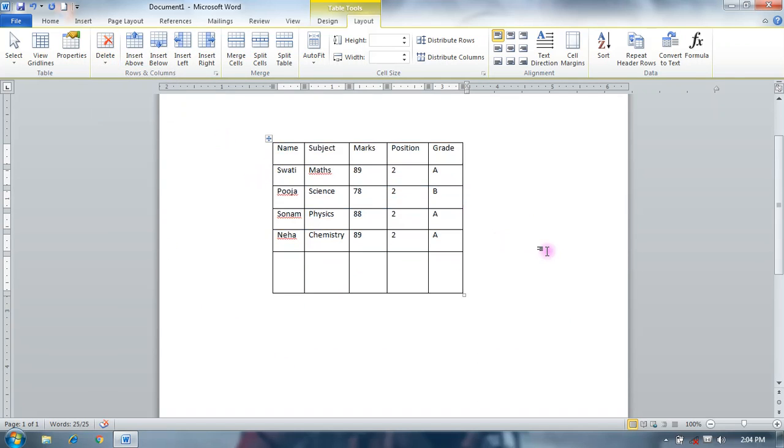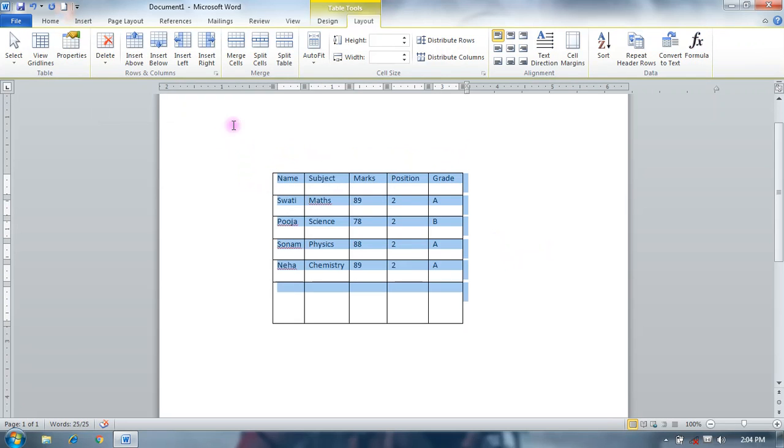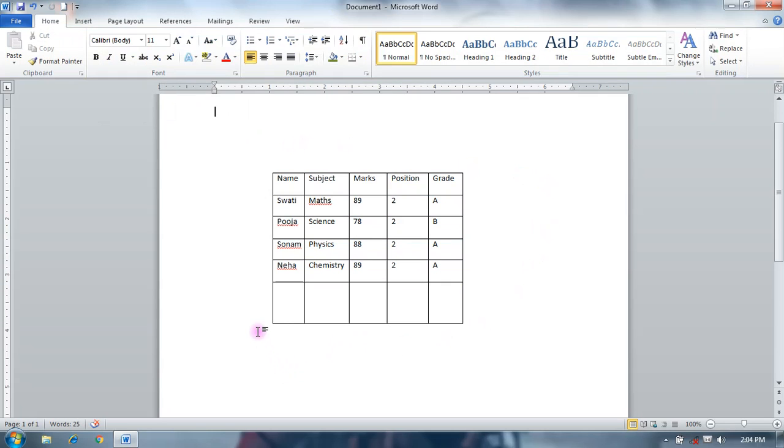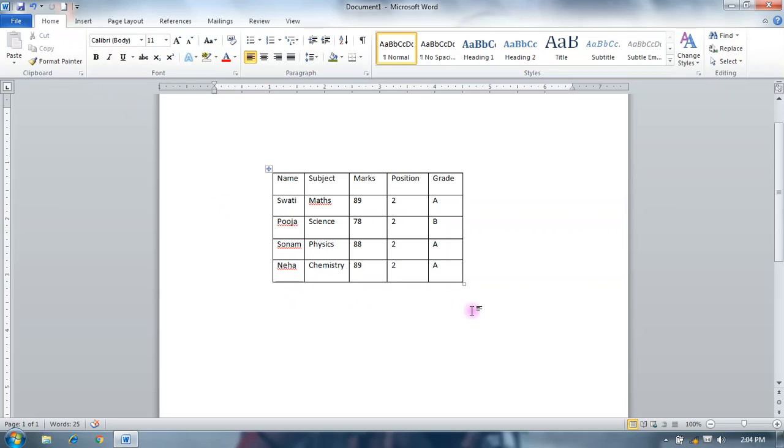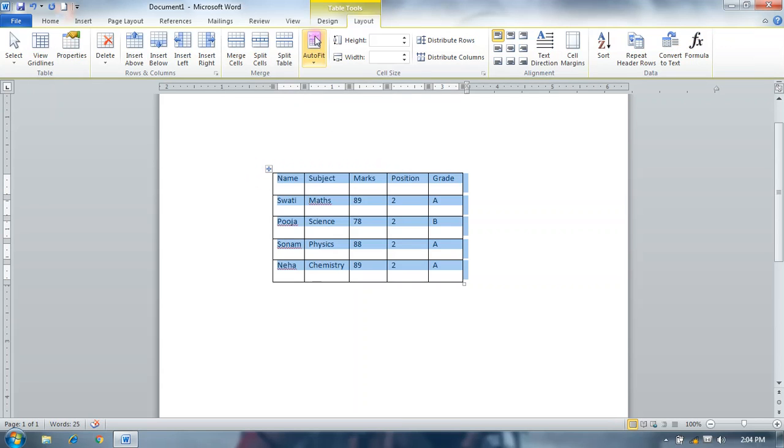If you want to delete any cell, you can use this option: delete column, delete row, delete table. So this row is an extra unnecessary row, so you can select it and delete row. So the row is deleted. If you want to delete a cell or other, you can select from it.